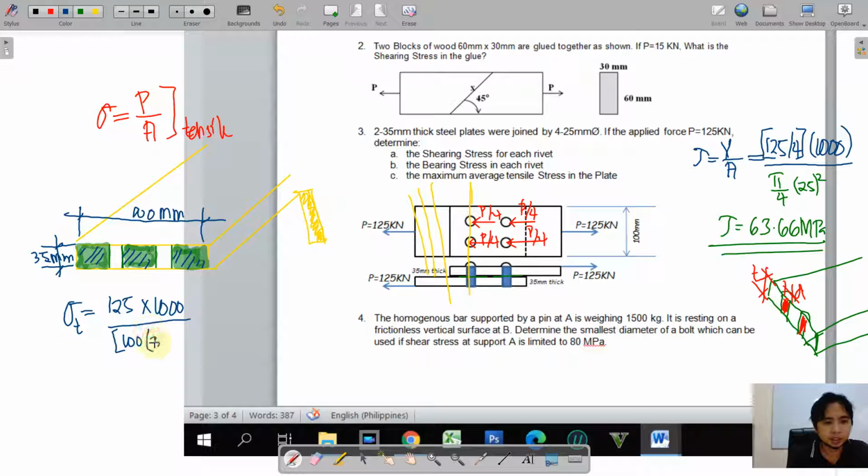So 100 by 35, we're gonna list, we have here 25 whole. Okay, this is 25. We have 2 of it, 25 by 35. Okay, so the tensile stress now will be equal to